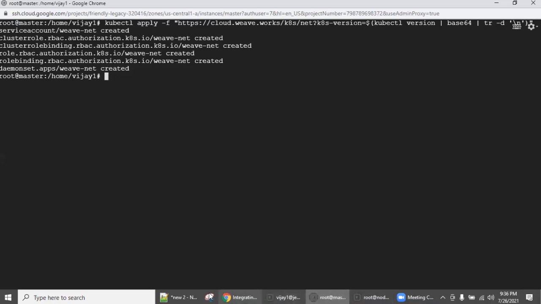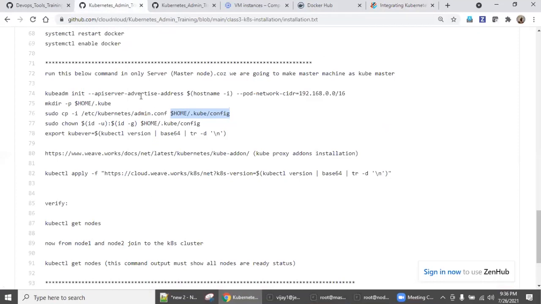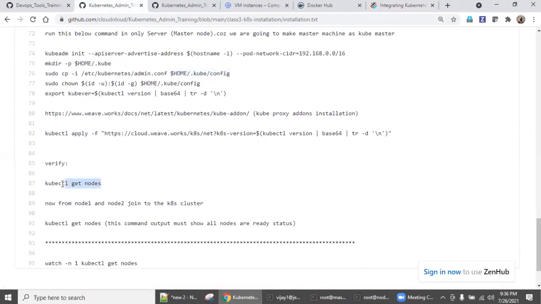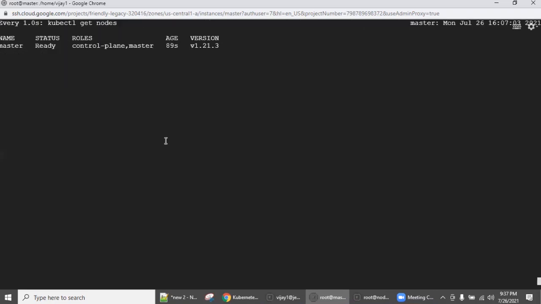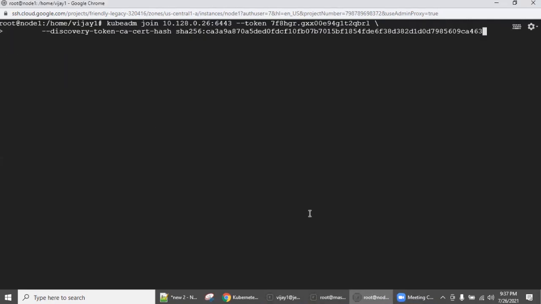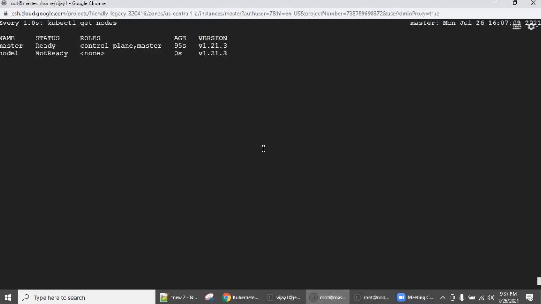But before adding to the cluster, right, go back to your steps and kubectl get nodes. So go here, always add watch -n 1 and whatever command you want. So enter it, wait for it. Now you press enter. Immediately come back to the master and watch this status so that you know what is happening.